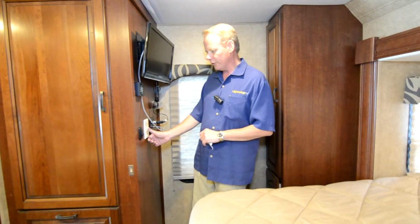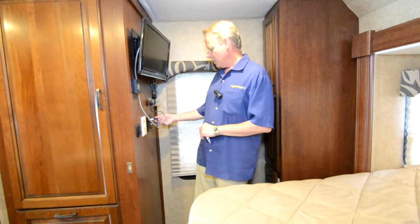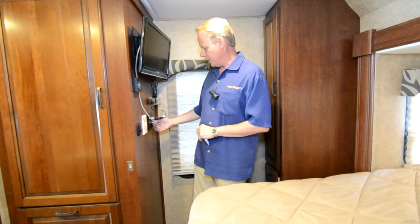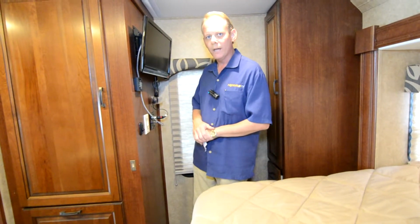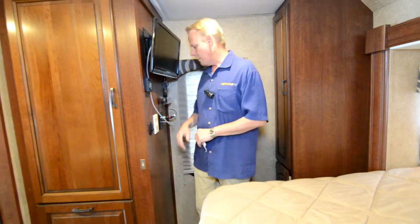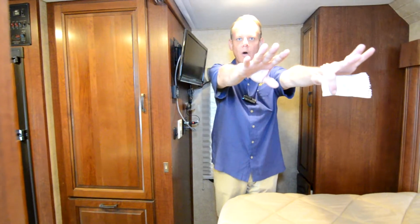You've got your in and out slide control right here. You've got your light switch. You've got your DC input, and you've got your coaxial input. A little tray that they've added to hold the remote control for the television, and you have a nice window blind here,